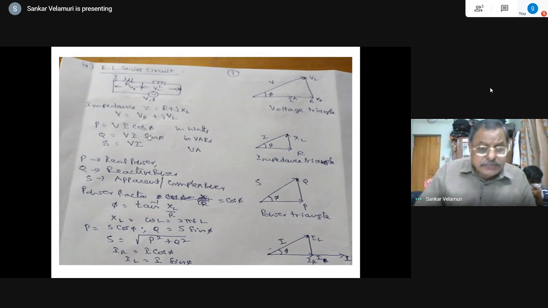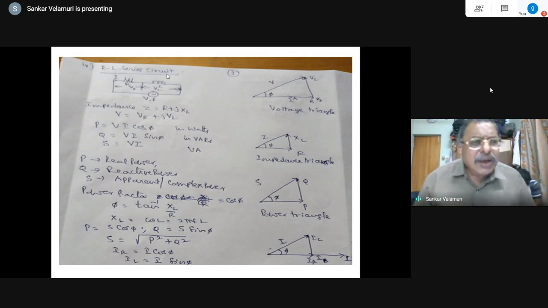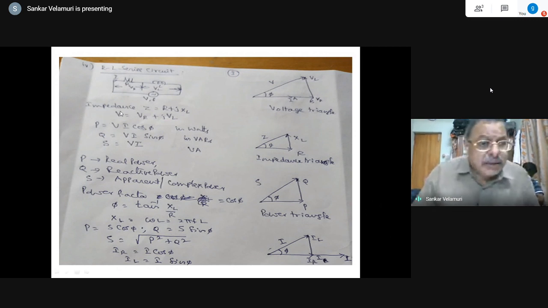In this, it is a series RL circuit. So we will discuss RL series, RC series, RLC series circuit, and some of the parallel connected circuits also. Then work out some of the problems which are given in GATE or other equivalent examinations. Here R is this one, L is this one.